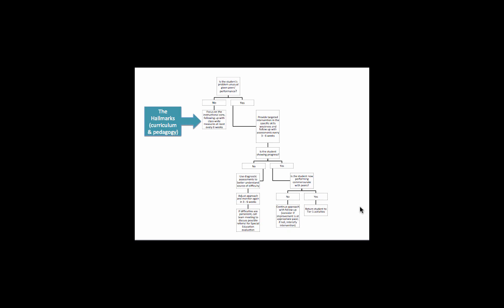Starting at the beginning of the decision tree, to begin to understand if a student's issues are indicative of a larger population-level pattern or, in fact, related to an individual difficulty, we ask an important question. And that question is: is this student's problem unusual given peers' performance? If the answer is no, this suggests that rather than referring this student to intervention, we should be thinking about adapting the instructional core to support this learner and others like him or her that are experiencing the same difficulties.